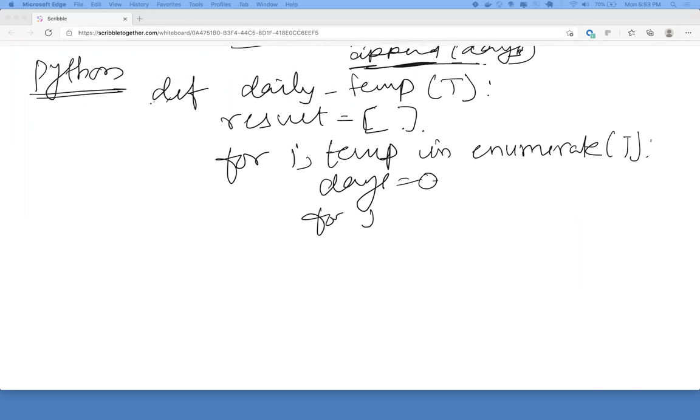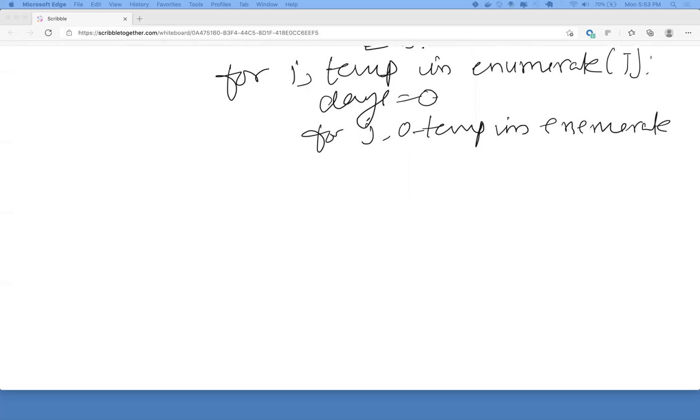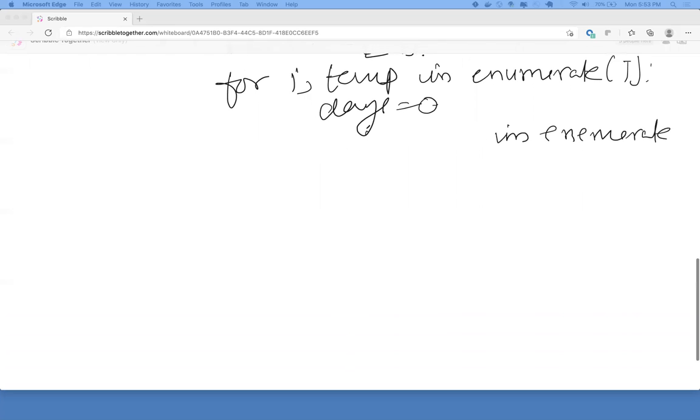Now for j, other temperature in, basically this starts from i. So I'm always confused how that is done. Let's say j equal to i plus 1,